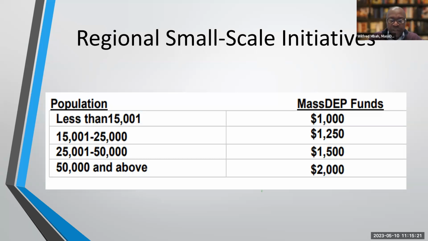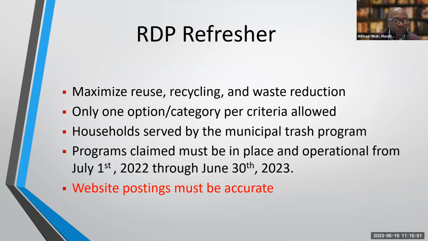This slide shows the potential award amount and how it is calculated based on population. Grantees will purchase products based on the approved spending categories and then request reimbursement. Typical purchases include recycled copy paper, public area recycling bins, and e-waste recycling. The population brackets and amount of funds have not changed from last year. It's all the same. Next slide, please.